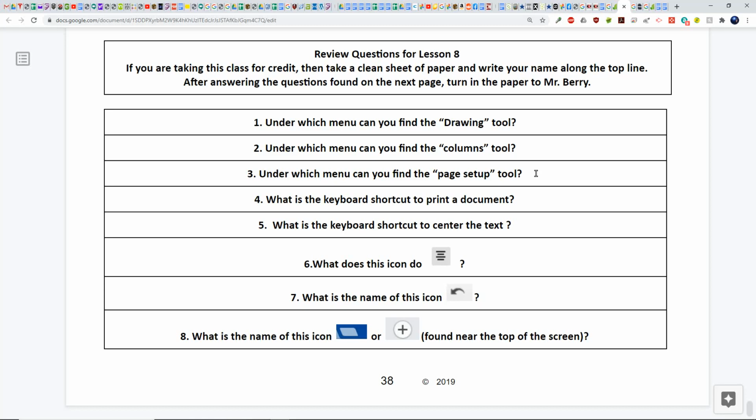Under which menu can you find the page setup tool? Question number 4. What is the keyboard shortcut to print a document? Question number 5. What is the keyboard shortcut to center the text?